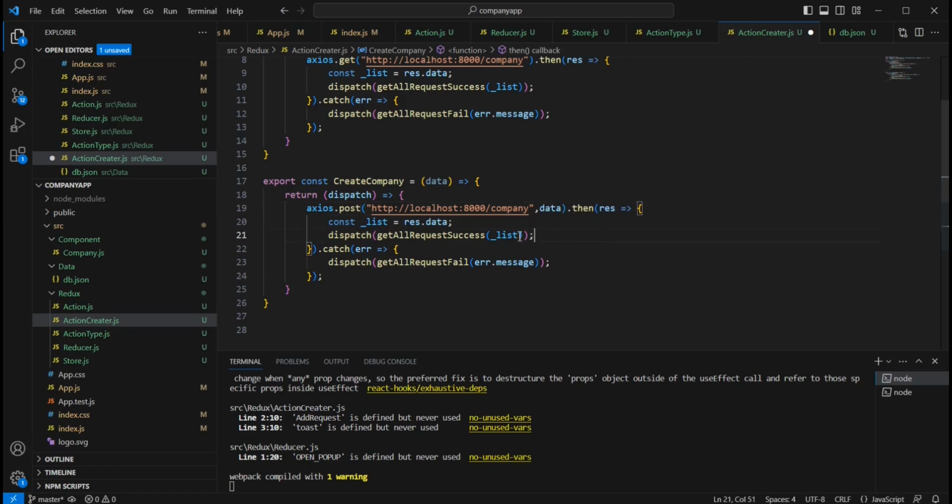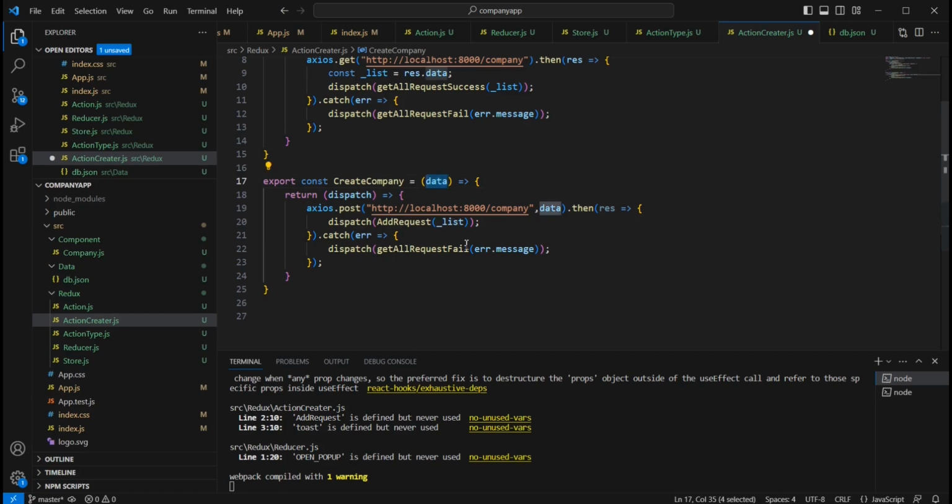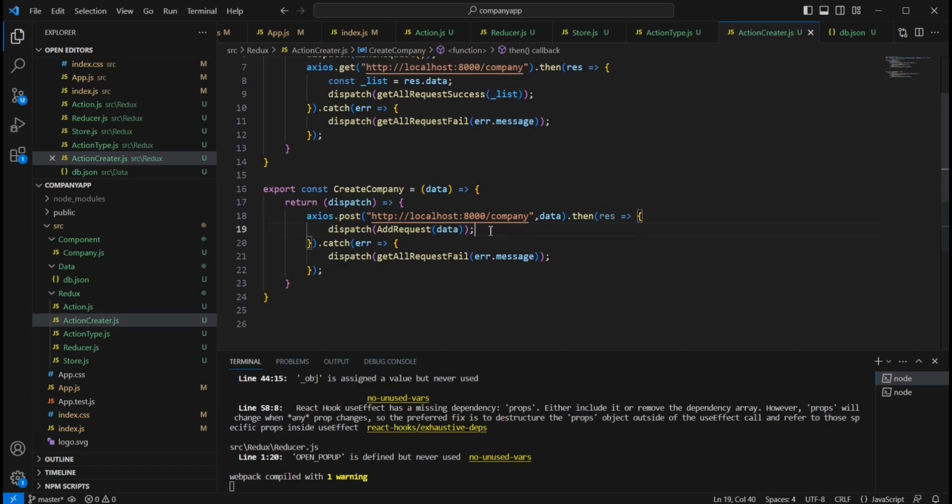Next, once our action is completed, we can dispatch this add request action, and we need to pass the same data. That's it. The next thing is we have to notify the user by displaying an alert message. For the alert, I am going to use the toaster. The package we already installed, so from the configuration point of view,